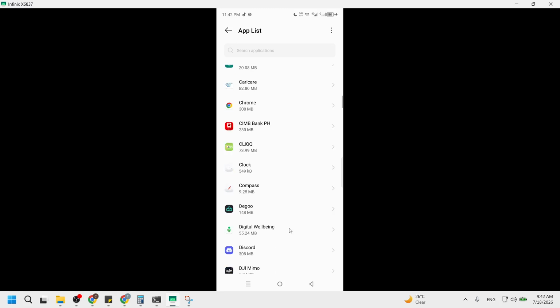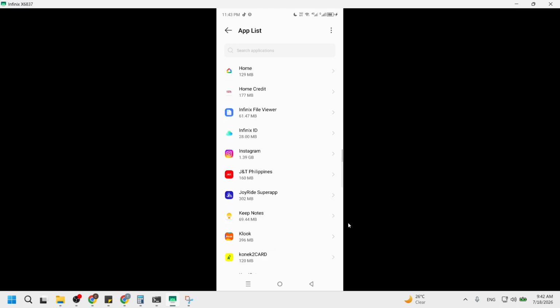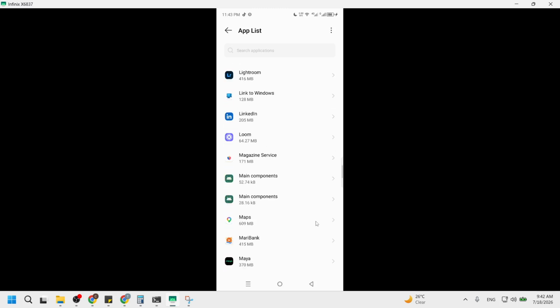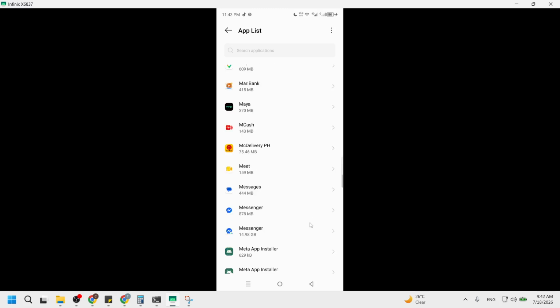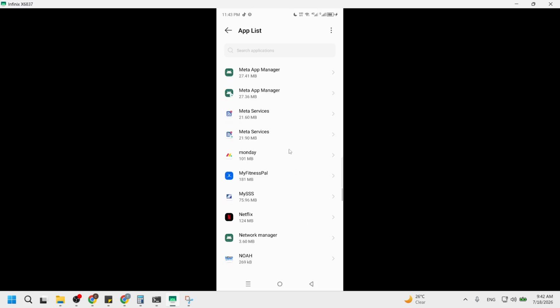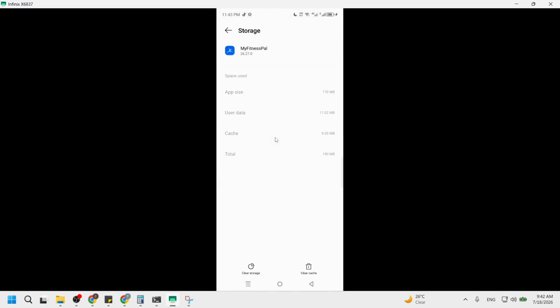Following that, click MyFitnessPal. This selection brings up detailed information about the app, including its storage usage and permissions. It's important to focus on this app as it is the one giving you trouble. By selecting it, you can directly address any issues that may be affecting its performance. Finally, click Storage and tap Clear Cache. This action will remove temporary files that could be causing problems within the app. Clearing the cache can improve the app's performance and resolve issues like the one you are experiencing.